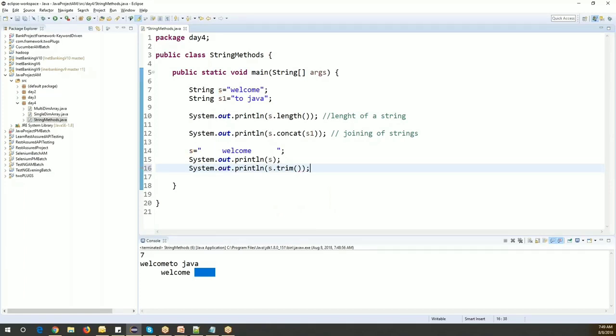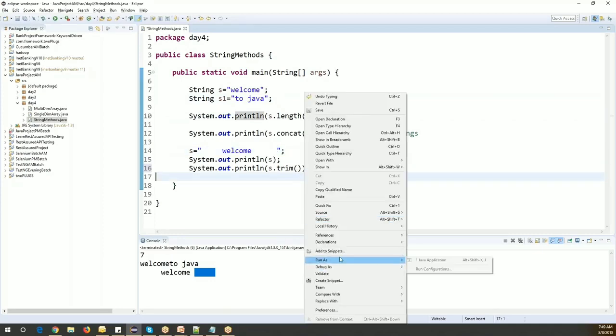Yes, it removes only the spaces, not the characters. Okay, it will remove only the spaces, and that too at the beginning and end, not the middle spaces. Remember this. Okay, so if suppose in two Java the space is there in the middle, that we cannot remove. But if we have any spaces on the right side and left side, those spaces we can remove. Okay, so now when I run this,